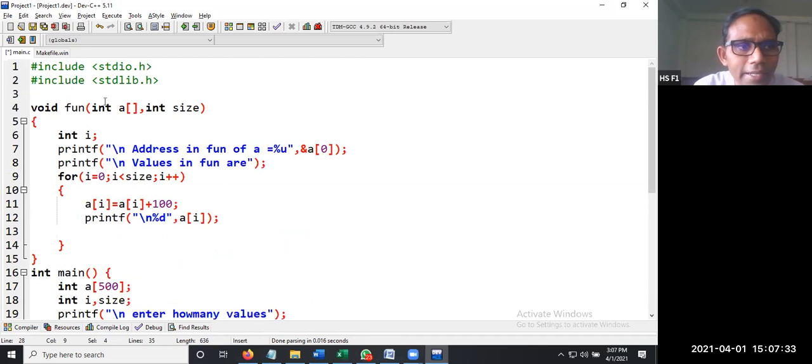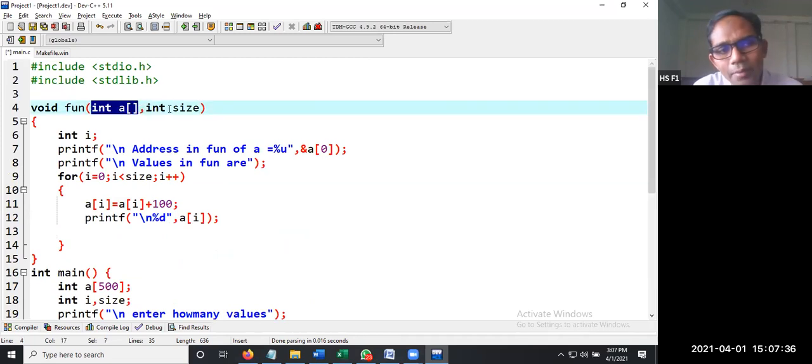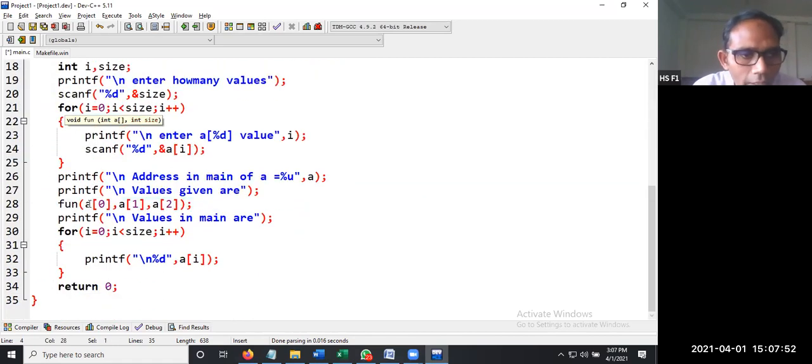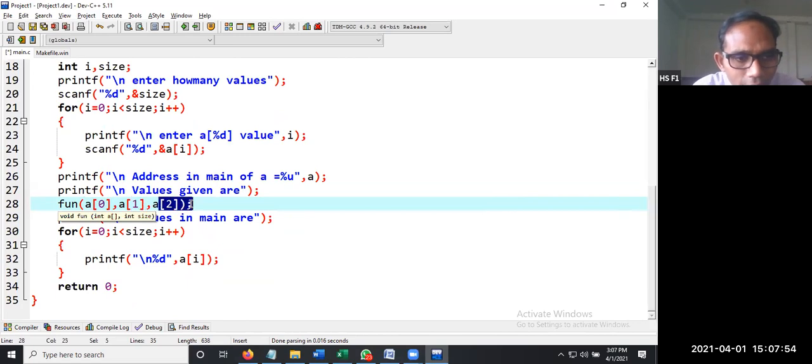Here instead of writing integer A with square brackets, we are going to write integer x, comma, integer y, comma, integer z. So A of 0 will be copied into x, A of 1 will be copied into y, A of 2 will be copied into z. A of 0, A of 1, A of 2 are called values.